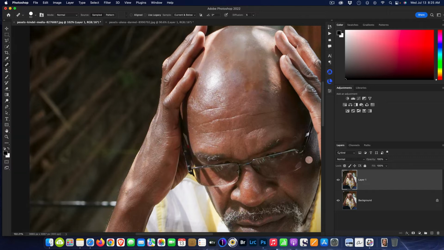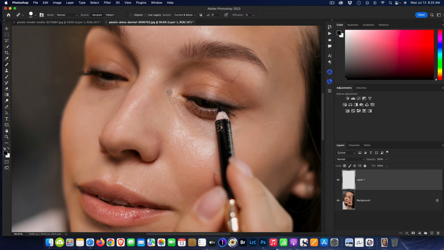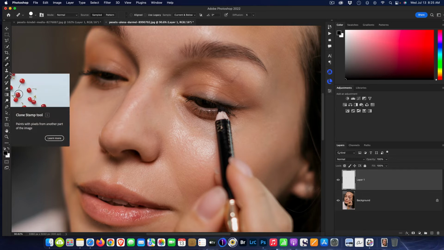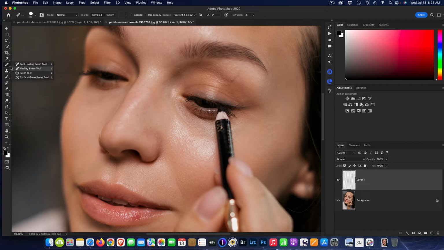Okay, so like I said at the beginning, there is no one method or one way to fix all problems. You have to look at the area and then determine which tool is going to be the best way to fix it. Look at this highlight here on her cheek. Ask yourself, what would be the best tool to work with this? Would it be the patch tool? Well, let's find out. So if I select that and I come over the area,